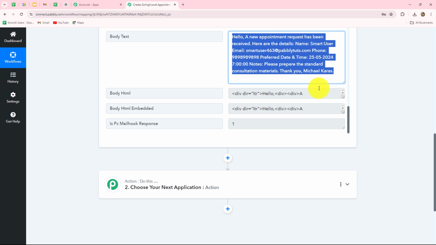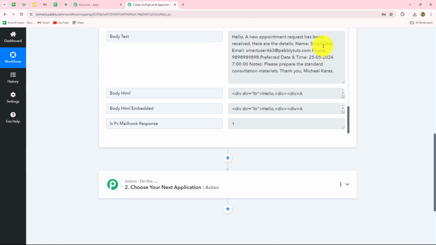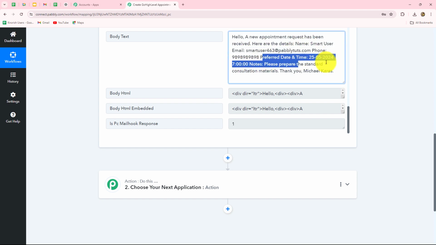For that, we first of all have to fetch out the details from this email. As we can see, we have received all the details in a combined format. So this is the name of the user for which we have to create the appointment. Here is the email, here's the phone number, preferred date and time, and all the details are given in the same email text. So we have to fetch out these details in separate format so that we can create an